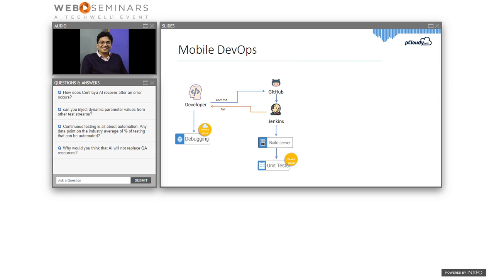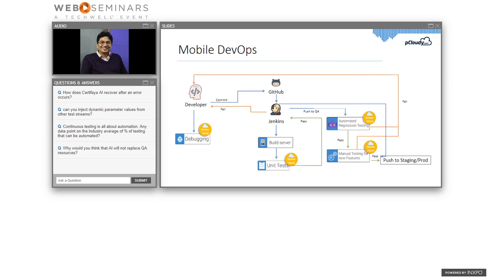Once the build is successful, it moves to the second stage. Again, the stage definition is mine, not a standard definition, which I'm calling a QA stage. So if the unit test is passed, the automated functional regression tests are triggered. And that again has to be run on a real device infrastructure or emulators and simulators, depending on the choice of the organization. And once those tests are passed,